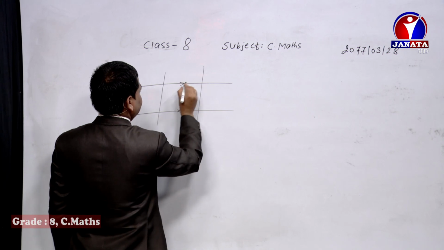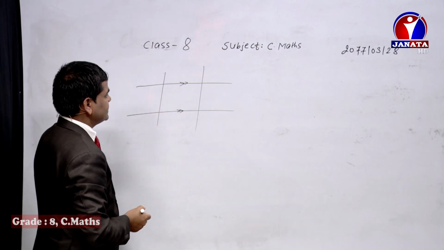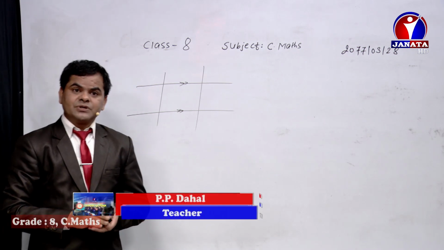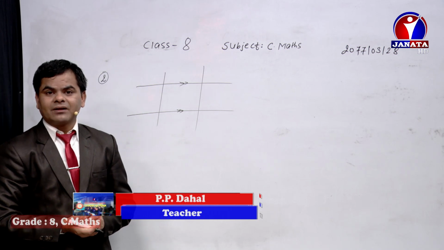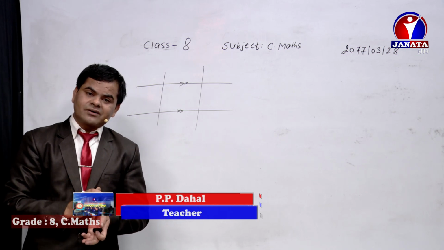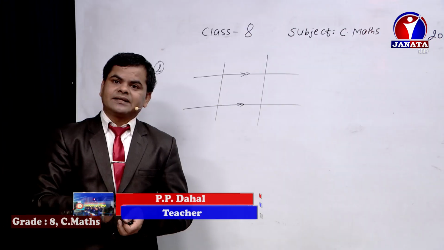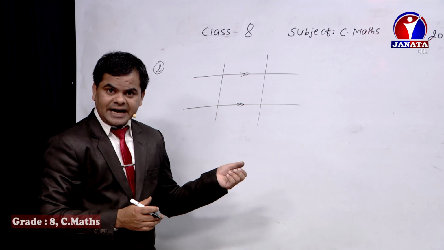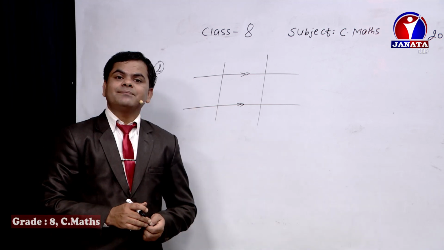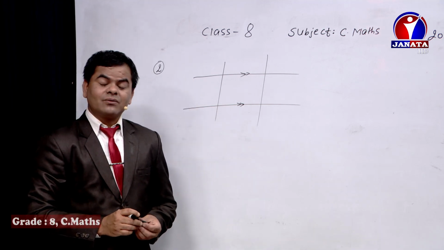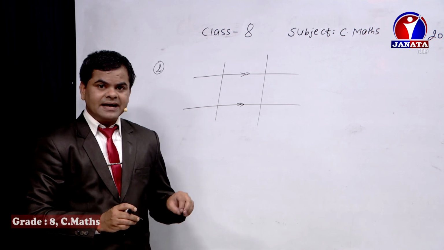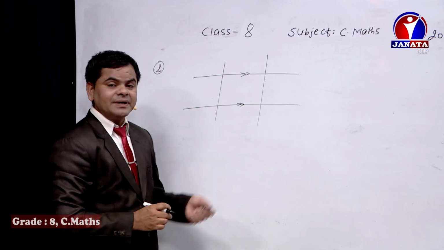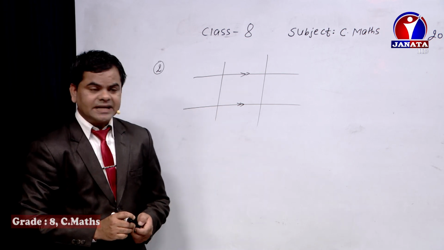These two lines are parallel to each other. This is the assumption, dear students. If the lines are not parallel, then we cannot use the concepts we are discussing about the different types of angles, maybe corresponding angle, interior alternate angle, exterior alternate angle. In order to use all these concepts, there must be parallel lines. If there is no parallel line, at that time you cannot say that this concept can be used, or we cannot use that concept.